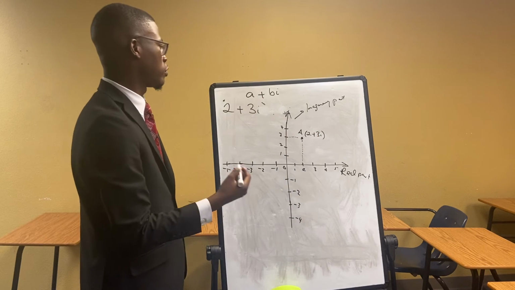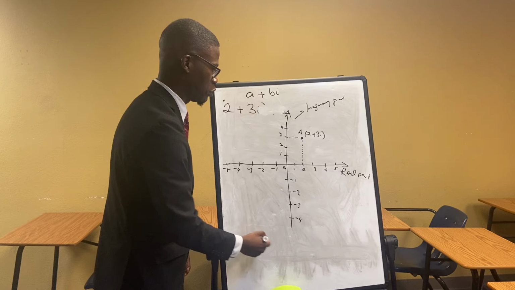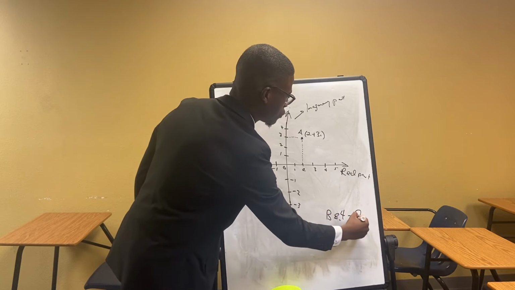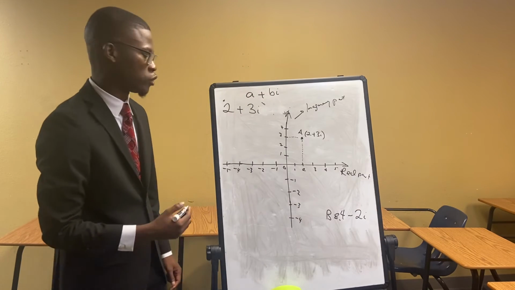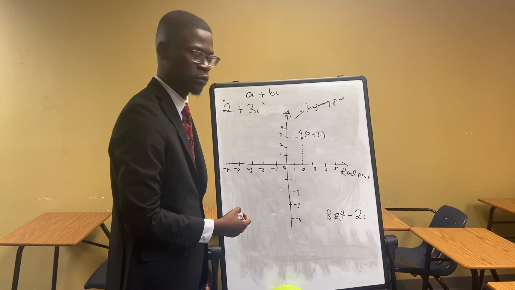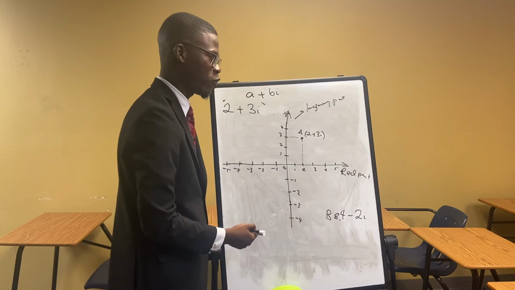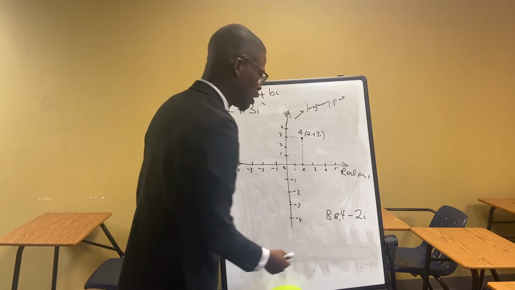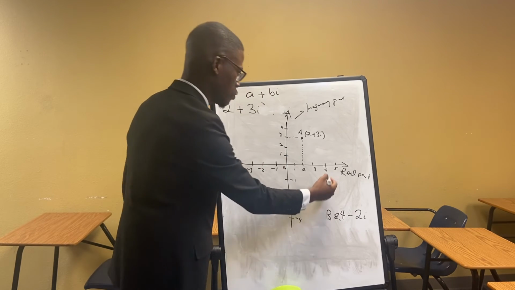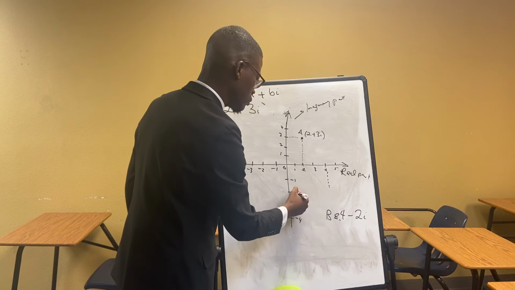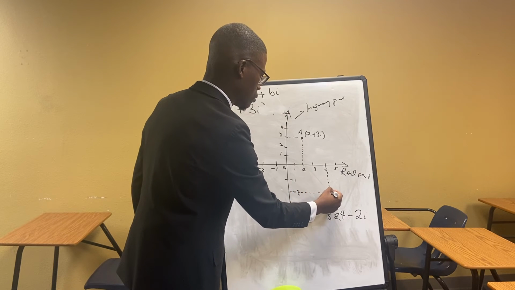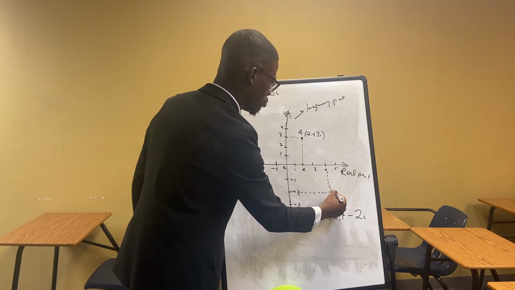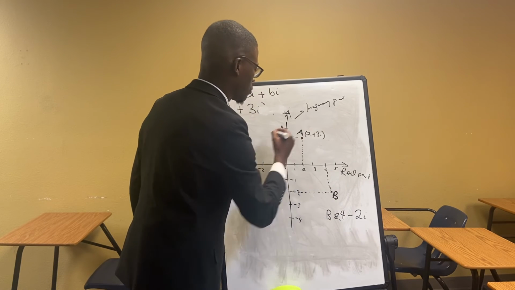All right. Let's look for another point B, which is 4 minus 2i. All right. So let's plot this in complex space. So the real part here is what? 4. So 4 is here, right, on the real part. Then -2 in the imaginary space. So 4 and -2. That is point B. So this is point B in the complex space, and this is point A in the